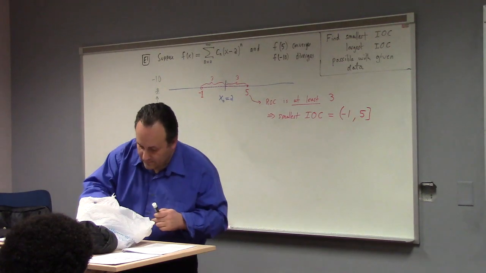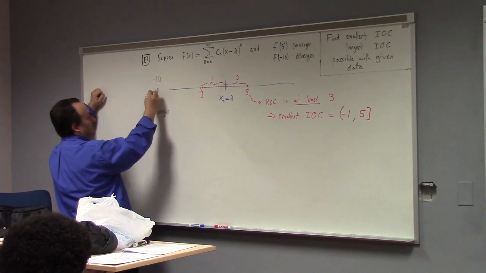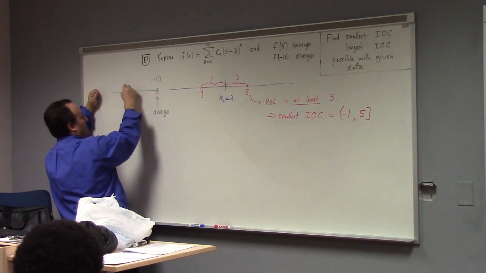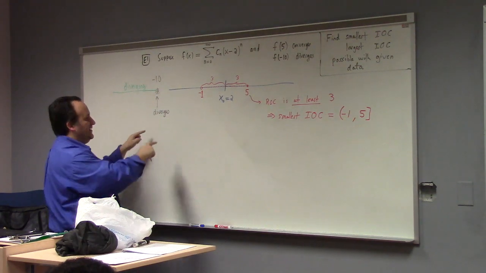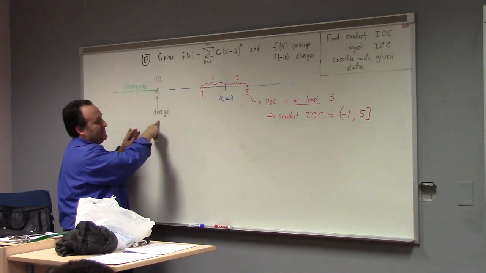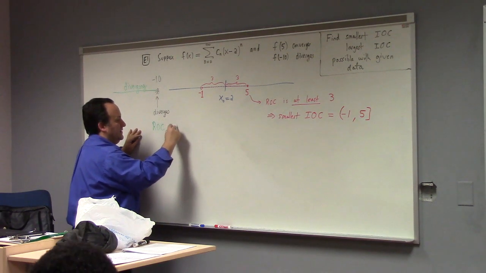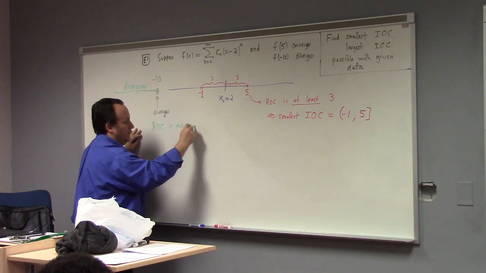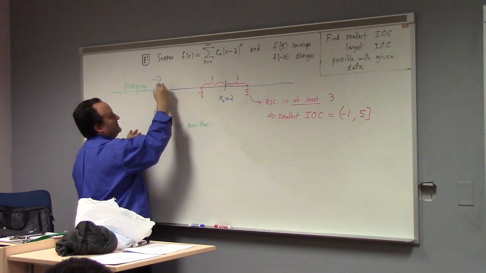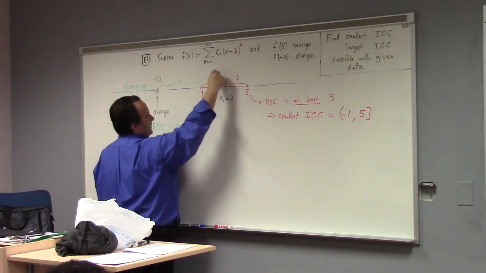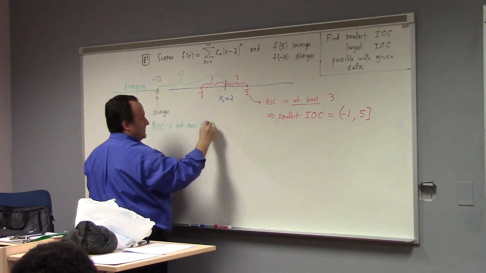So, if I can find a marker here. Past this point, right? These are all diverging, right? And what does this tell me? This tells me that the radius of convergence is not more than what? 12, right? Because this distance from here all the way over to here is 12. Because from 2 to -10 is 12 units.